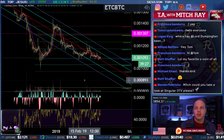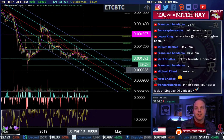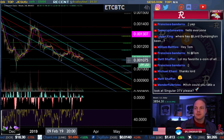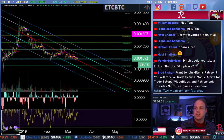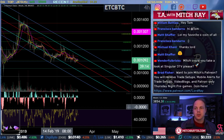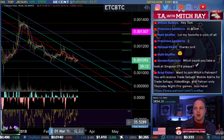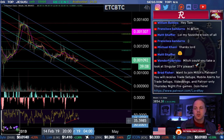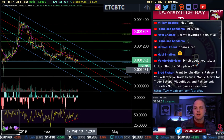So what does that mean? You're just in this down sloping structure in the middle of it, man. All right. That'd be crazy if we bounced here. You do kind of have that 4 hour bullish divergence, right? Low, lower low, same low. Yeah, you got triple RSI bullish divergence on the 4 hour, but